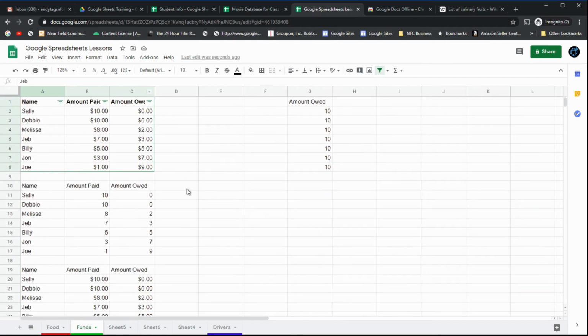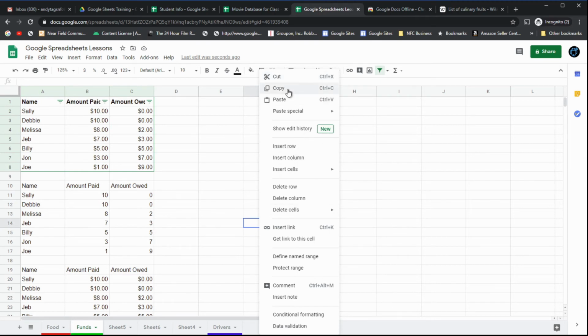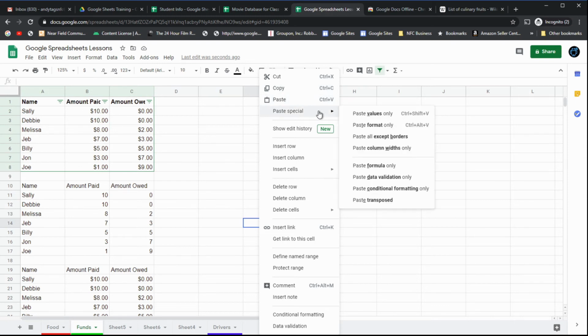So again, just to quickly review what those are, we jumped around a little bit, a lot of information. Want to make sure you understand. We've got copy. Obviously, you can just Control C. It's the same either way. Paste, which is Control V. But paste special, paste values only, ignores any formulas. If there's a formula in the cell, it doesn't paste the formula. It pastes the results. It pastes what is displayed, what you see actually in the cell, not what's in the formula bar. Paste formatting only is if you want to copy the formatting from one chart over to another chart,